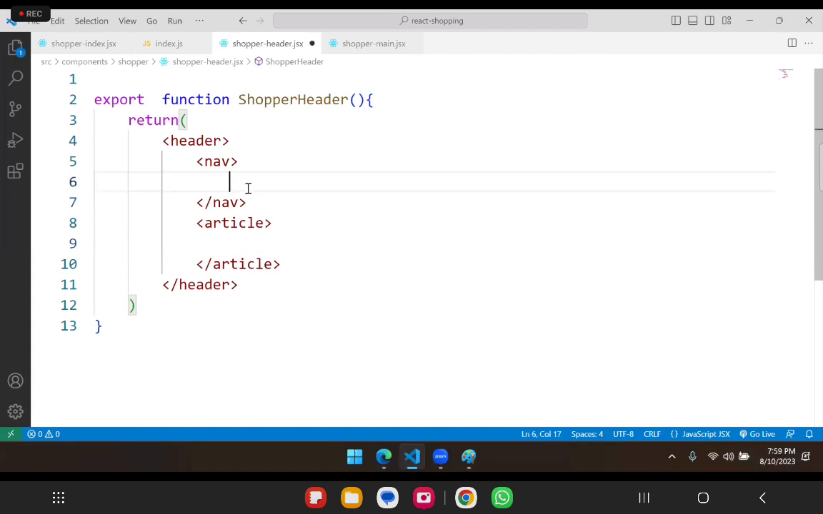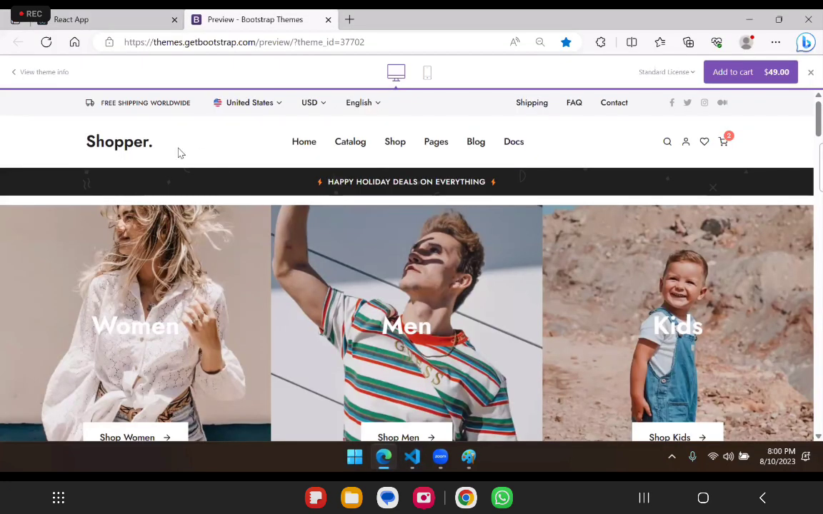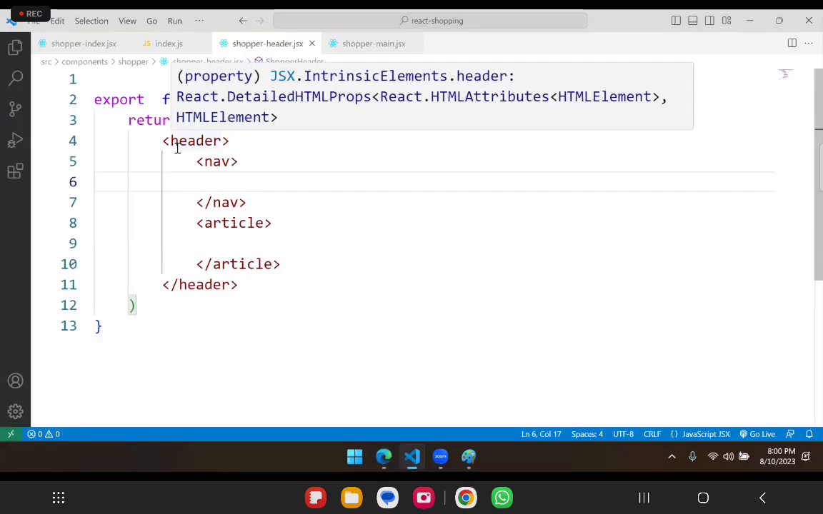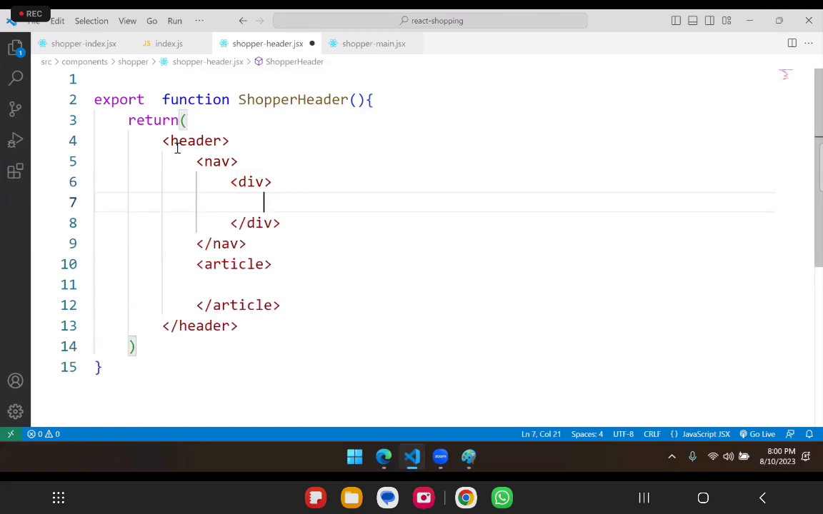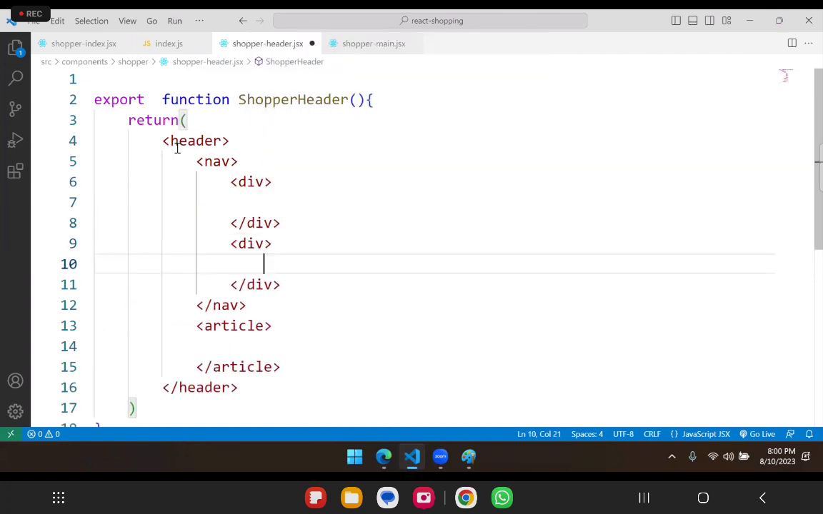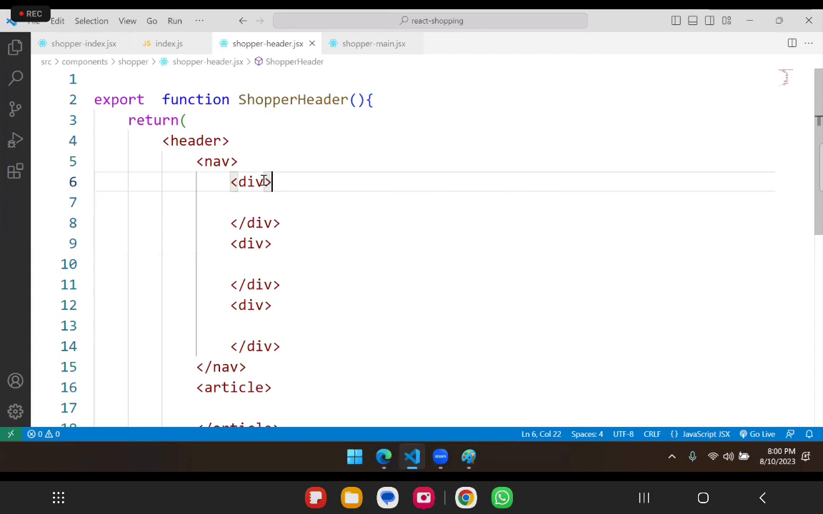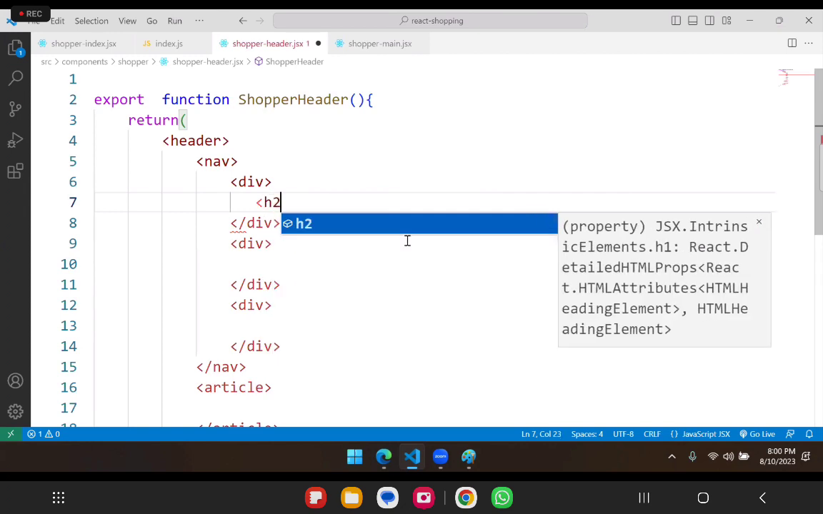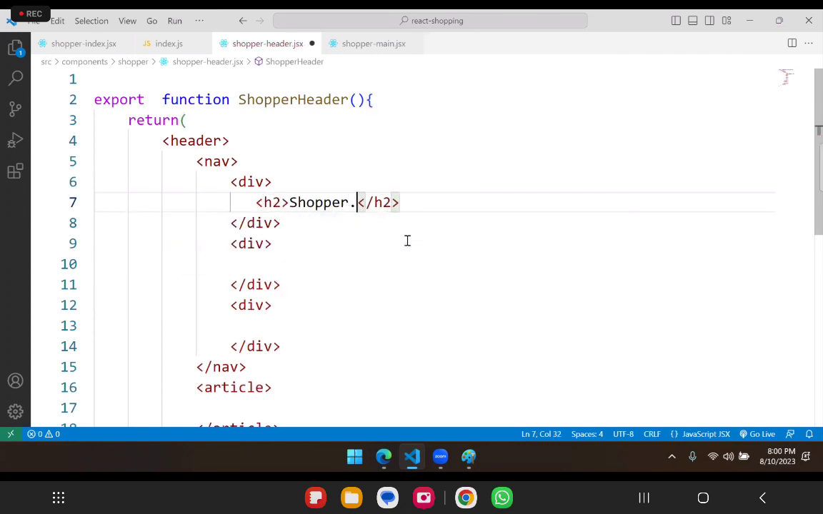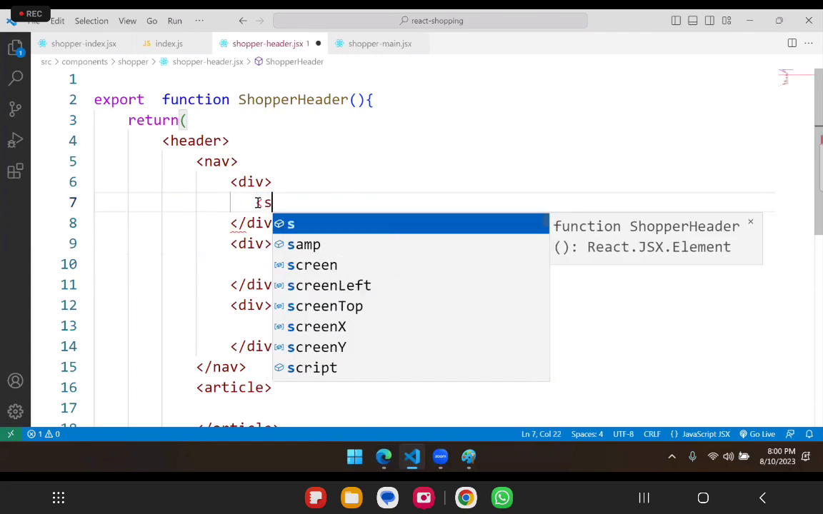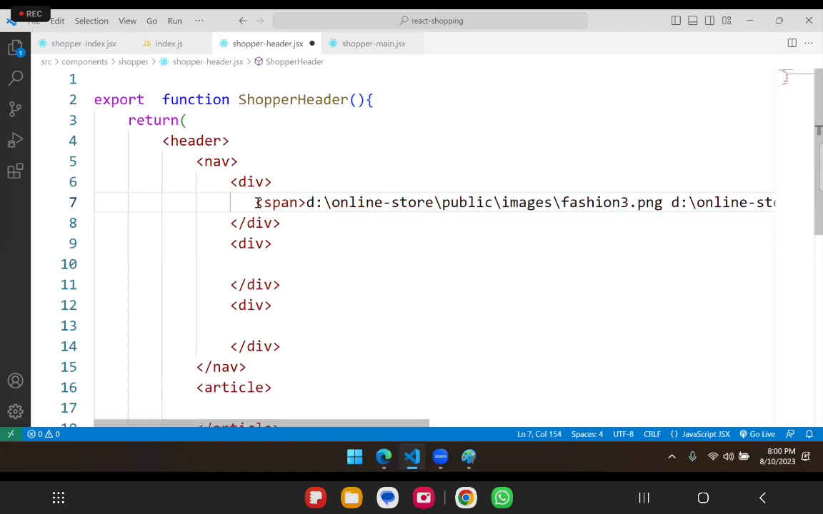Now let's design the navigation here. In the navigation, you see there are three divisions, one shopper and some menu and some icons. So we will create three divisions in navigation. This is one division, this is another division, and this is another. And the first division contains a simple header. Shopper. I'll just give shopper. Or you can keep it as a normal span. So shopper,